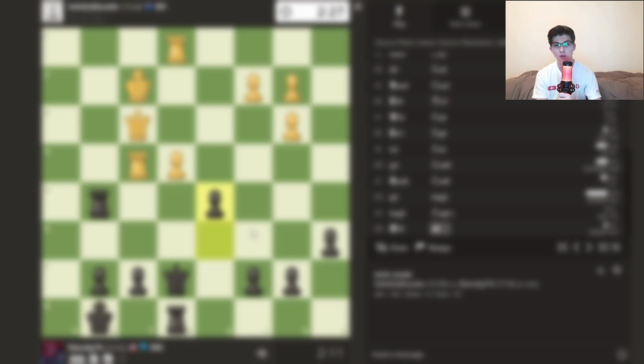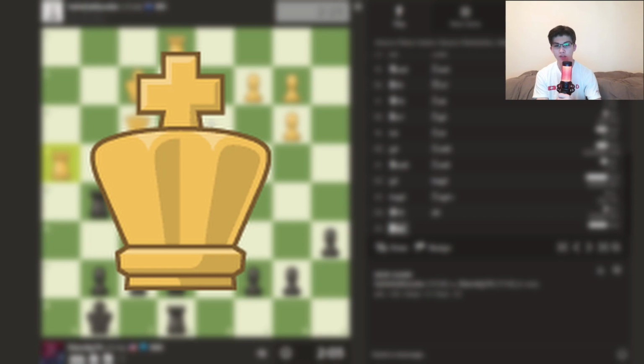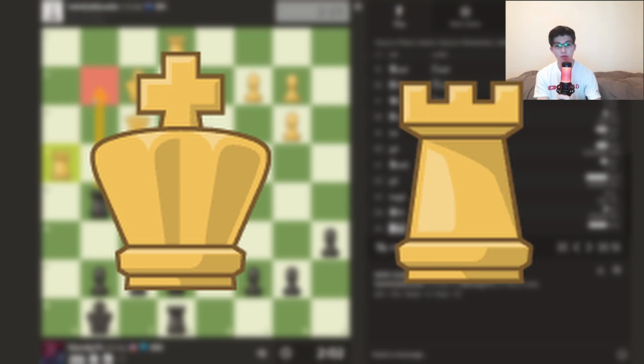Castling is an extremely important concept that is often what divides a beginner level player from an intermediate level player, so pay close attention. Castling involves the king and either one of the rooks, but, and this is really important, the king and the rook you're using cannot have moved at all before you try to castle. This means if you move the king around at the beginning of the game, you cannot castle for the rest